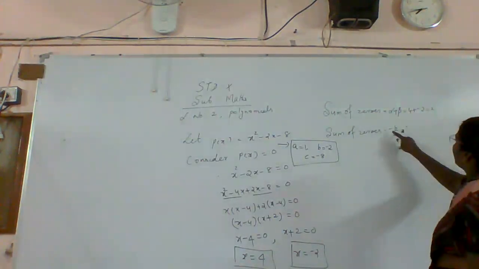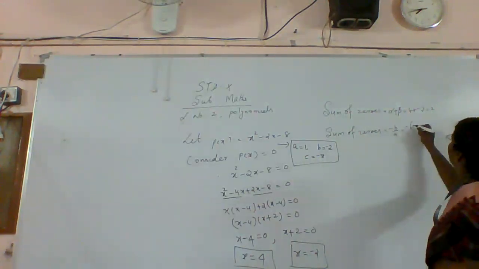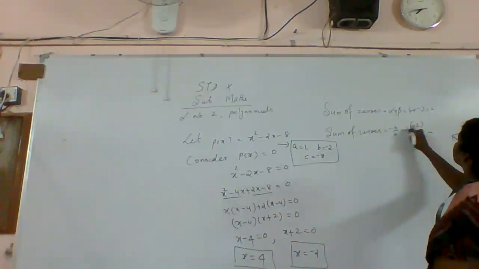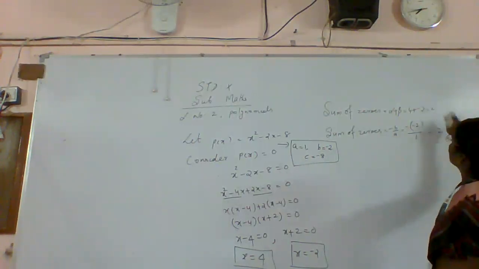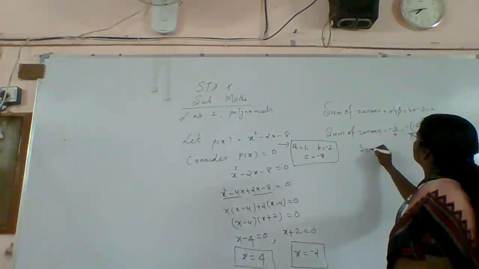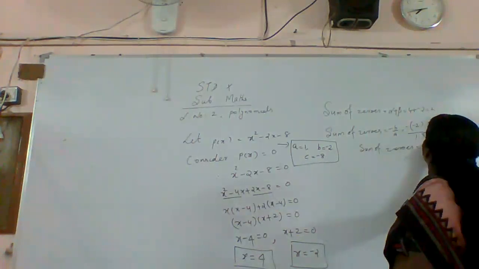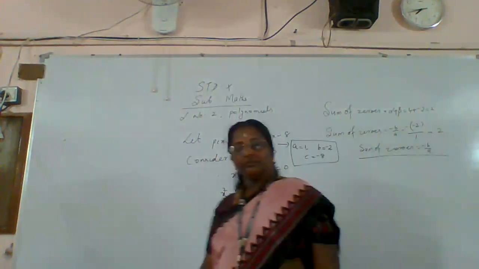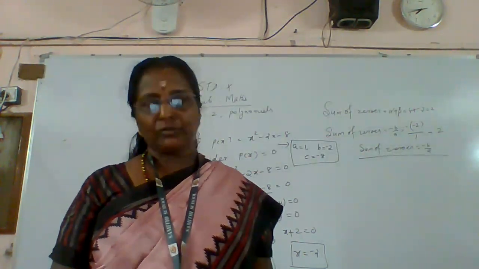So minus, already one minus is here. Minus of, what's the value of b? Minus 2. Divided by a, which is 1. So what did you get? Minus of minus 2 is plus 2. 2 by 1 means 2. See here, both are correct. Therefore, what can you say? Sum of the zeros is equal to minus b by a. We are comparing with the coefficients also. Clear? Doing it separately and showing it will be good.